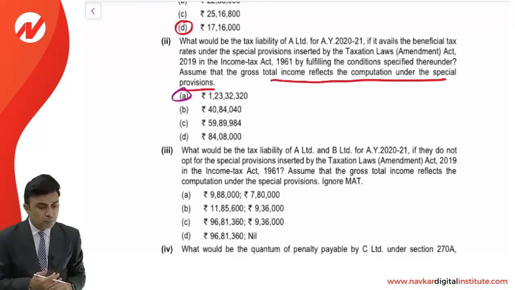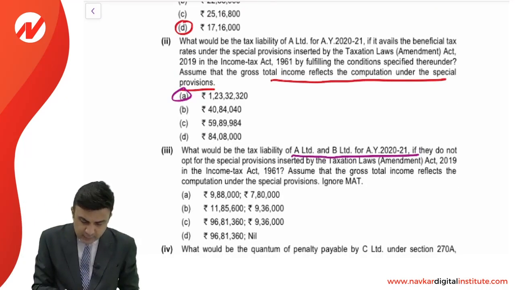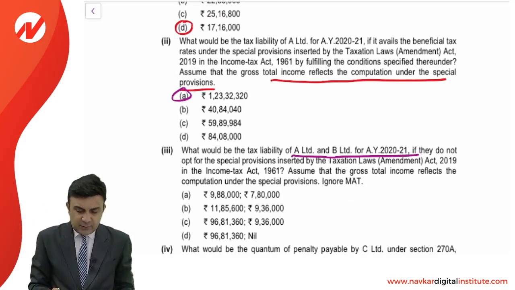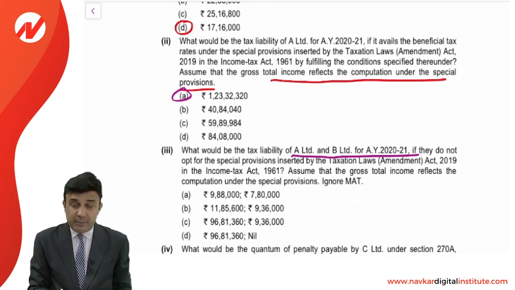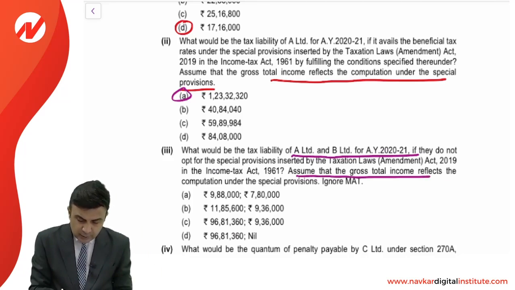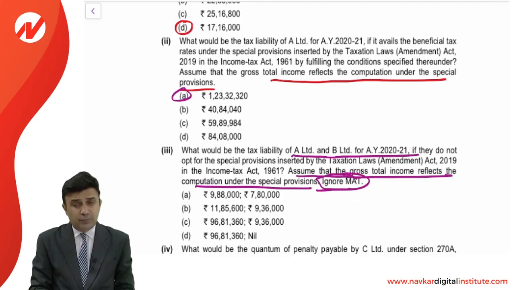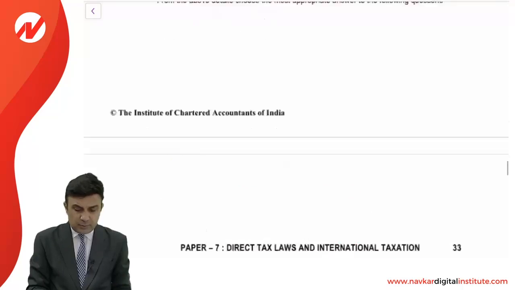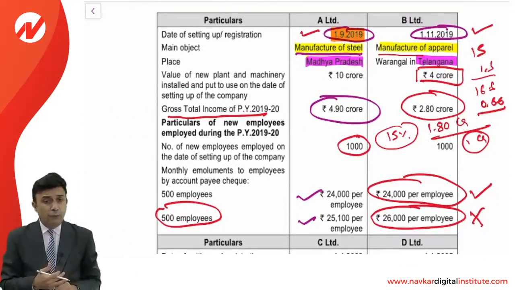Third, what would be your tax liability of A and B for AY 2021 if they do not opt for the special provision inserted by the Taxation Law Amendment Act 2019, meaning thereby they want to go for the old one. Assume that the gross total income reflected under the special provision, ignore MAT. Friends, if they are going for the normal provisions, then 4.9 crore